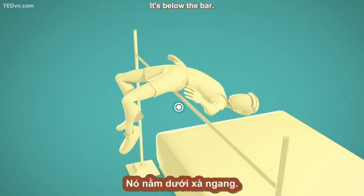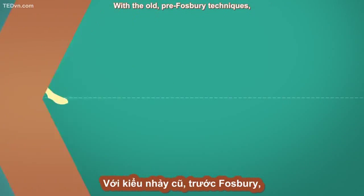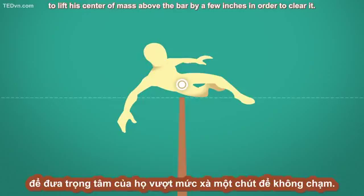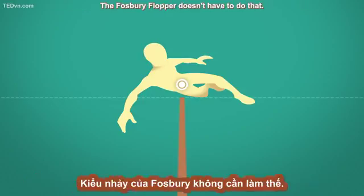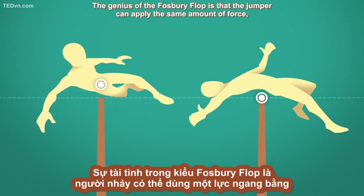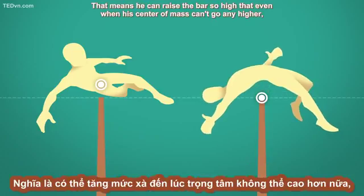It's below the bar. That is the secret behind the jump. With the old pre-Fosbury techniques, the jumper had to apply enough force to lift his center of mass above the bar by a few inches in order to clear it. The Fosbury flopper doesn't have to do that. The genius of the Fosbury flop is that the jumper can apply the same amount of force but raise his body much higher than before. That means he can raise the bar so high that even when his center of mass can't go any higher,